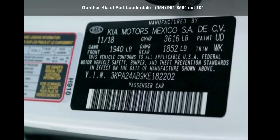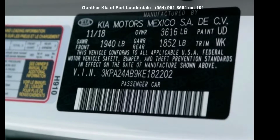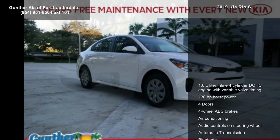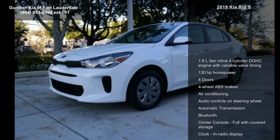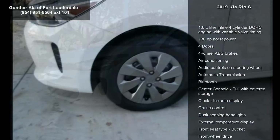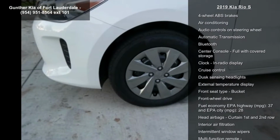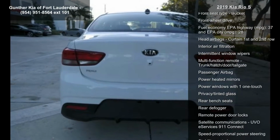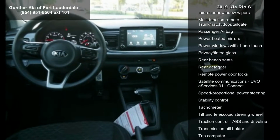Check out this Kia 2019 Rio S. If you are looking for a first-rate auto, this one could be yours today. This vehicle's top features include a 1.6-liter inline four-cylinder DOHC engine with variable valve timing, 130 horsepower, 4 doors, 4-wheel ABS